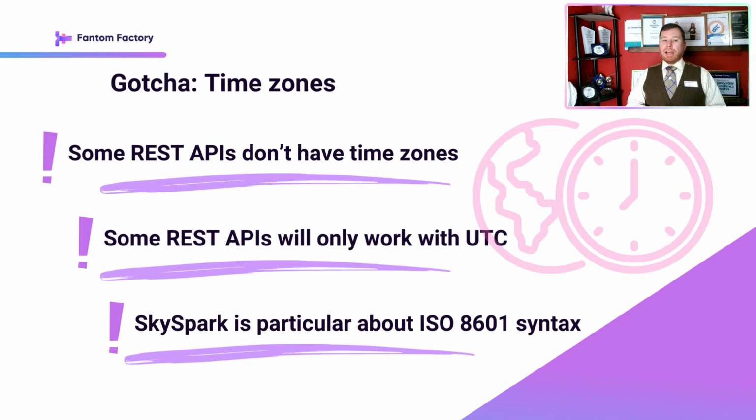Now, ISO 8601 is the international specification for the datetime syntax or format. And if you read the specification, like I have obviously, then you'll know it is a very large specification and it allows any aspect of the datetime to be optional. Whereas ISO parsing in SkySpark requires a complete datetime. Nothing can be optional, not even the seconds or the milliseconds. But it's no biggie, it just means that when we're parsing datetimes, just be sure to use the to-locale pattern parsing instead.